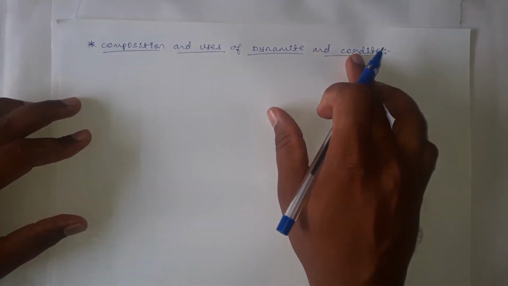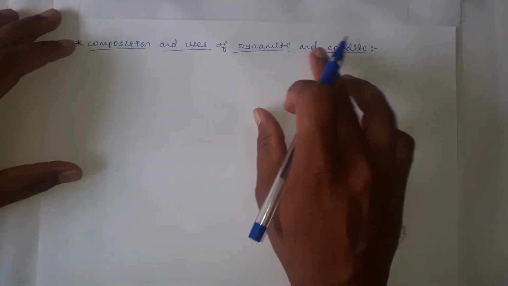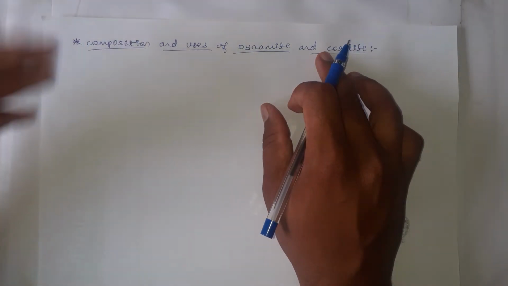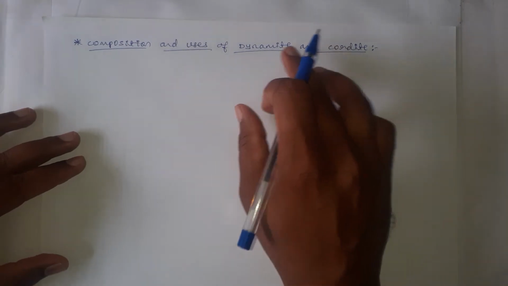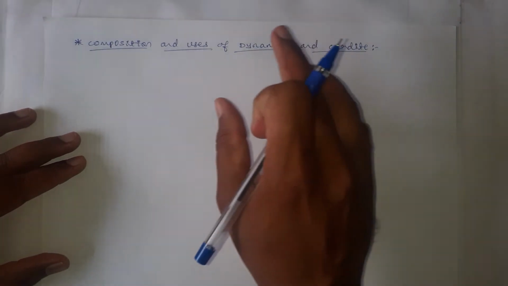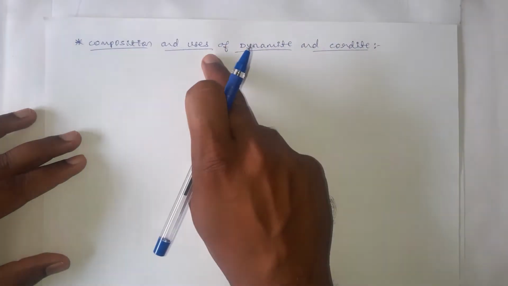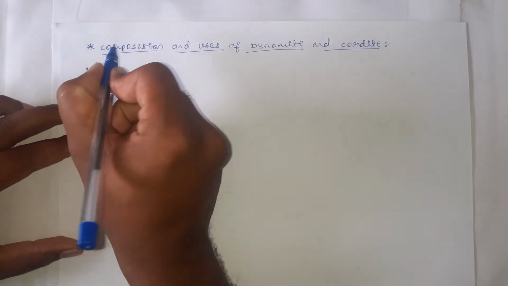These dynamite and cordites are the other forms of an explosive material which are containing a major amount of nitroglycerin. Now only we have discussed nitroglycerin can be used as an explosive material in the name of dynamite and cordite, and here we have to discuss the composition of these two and the uses of these two. The first one is